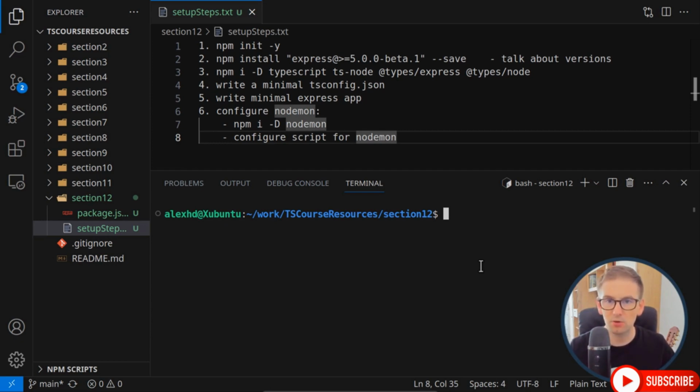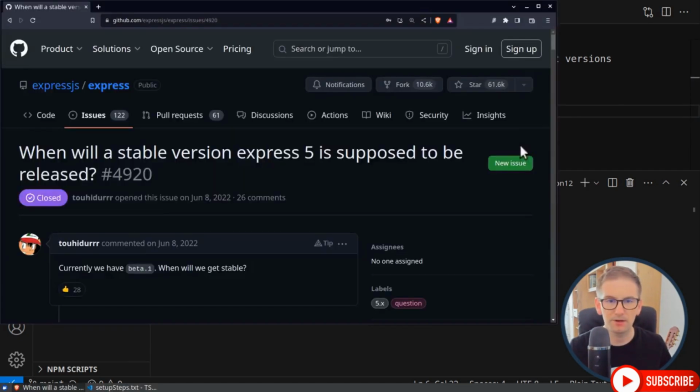But for this course I will be using version 5 because currently, if I open a GitHub issue about this, they say that in 2023 Express 5 will be released, so maybe by the time you're watching this, Express 5 will be released. But